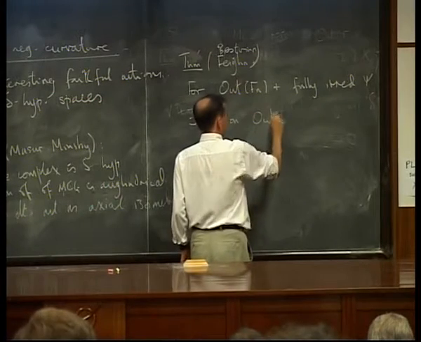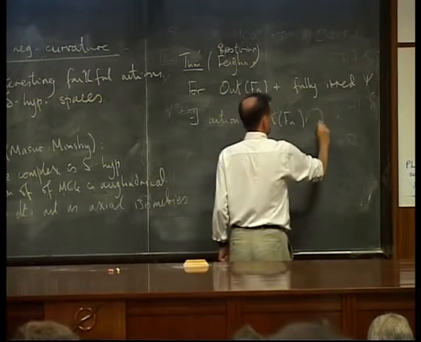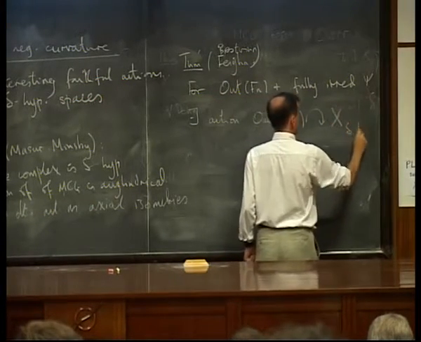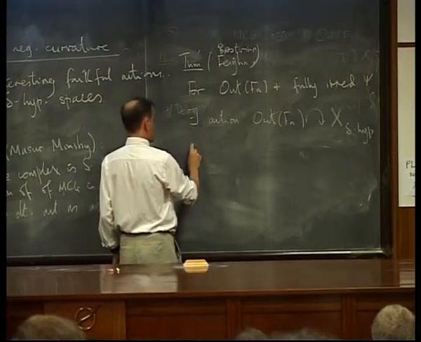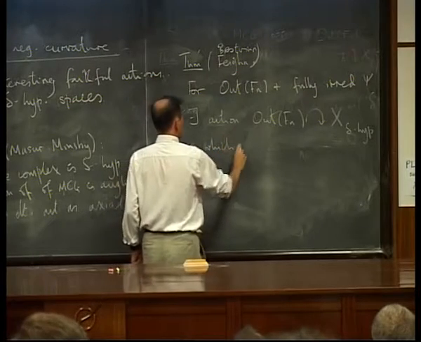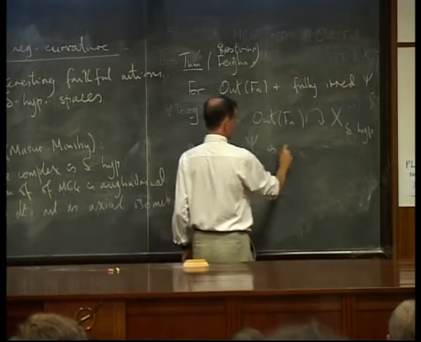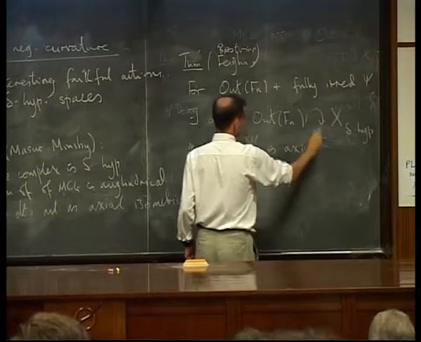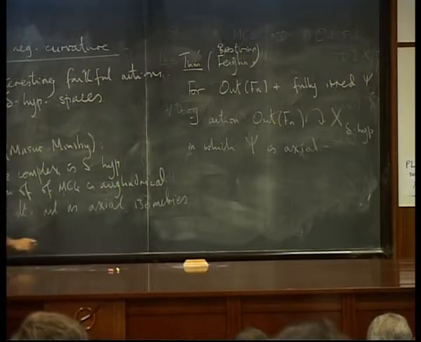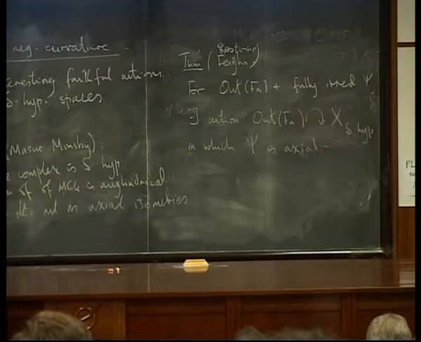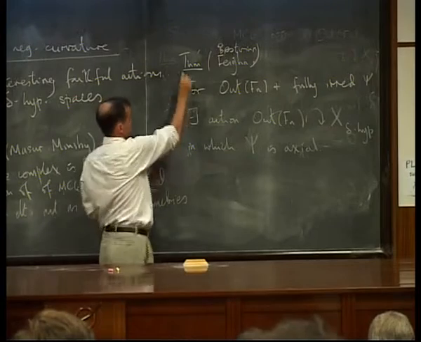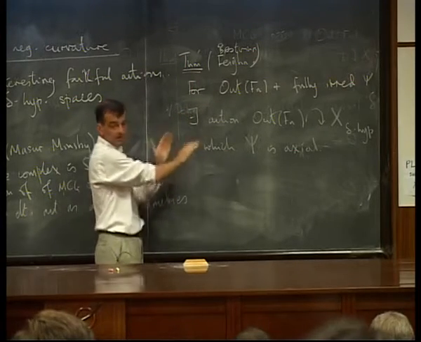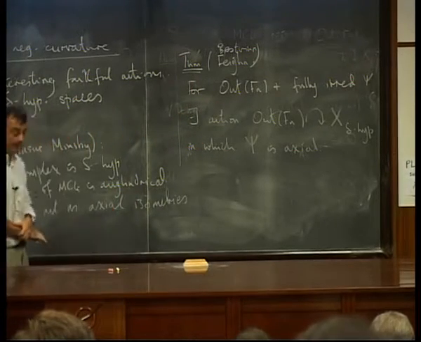Okay? So for any fully irreducible element psi, there exists an action of Out(Fn) on some delta hyperbolic space, which is like the curve complex here, in which this particular element is axial. Actually, you can do this with any finite number, but you can't do it for all at once. See, here you've got an action on a hyperbolic complex where all the irreducible elements at the same time are axial. Here, we can't yet do it for all elements at the same time, but you can do it for finite families.